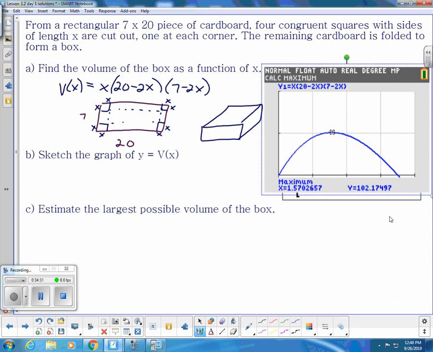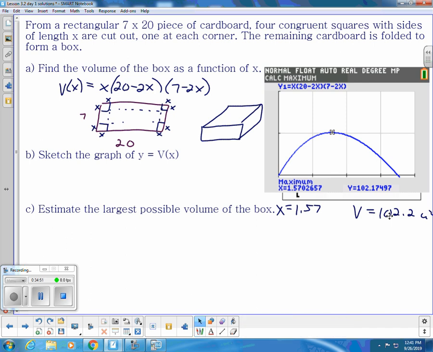So this is the max. This is the amount that you're going to cut off. That's how much your square is going to be on either end. Okay? All right. So you have the rest of the time to work on your